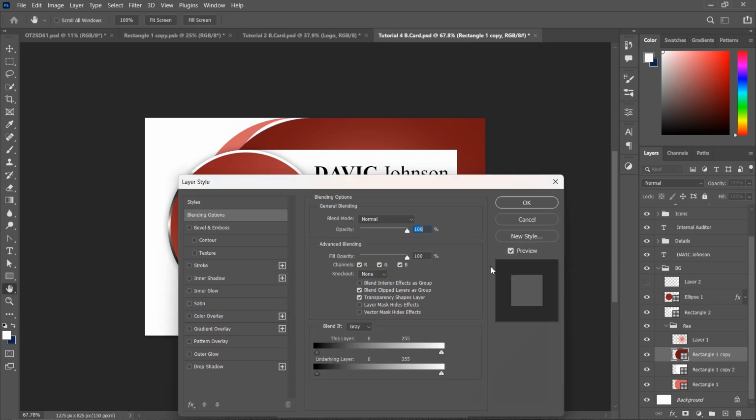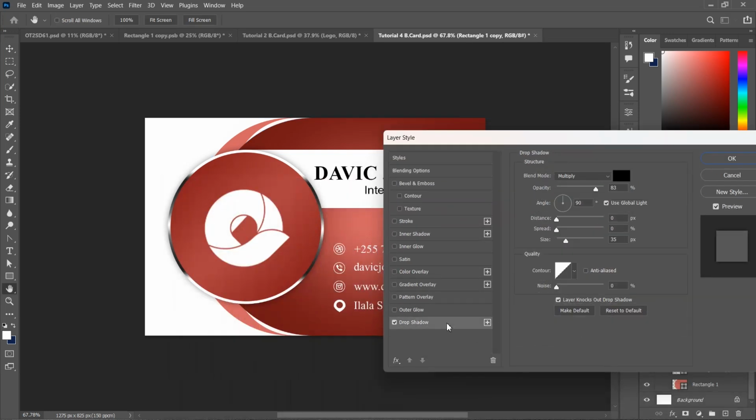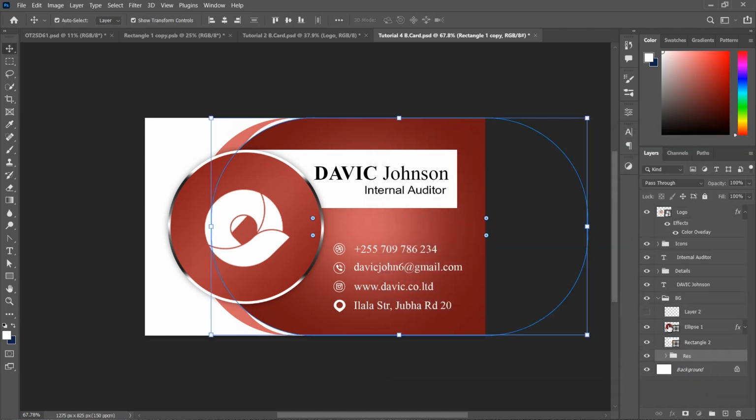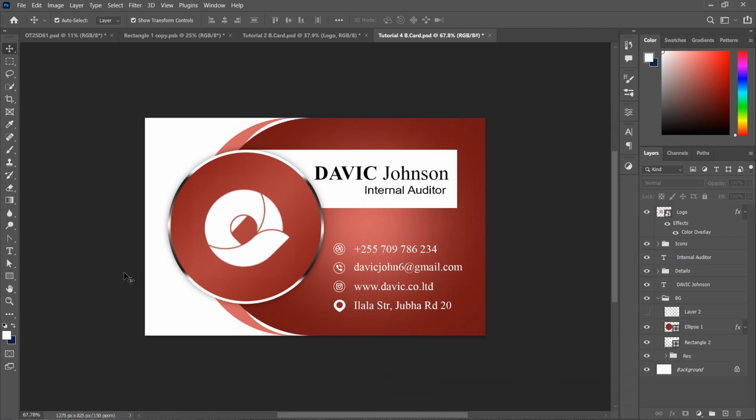So go to this layer and add drop shadow. You can reduce sharpness, you can reduce size and increase distance. You're going to left. So I think we're going to end here, and this is our